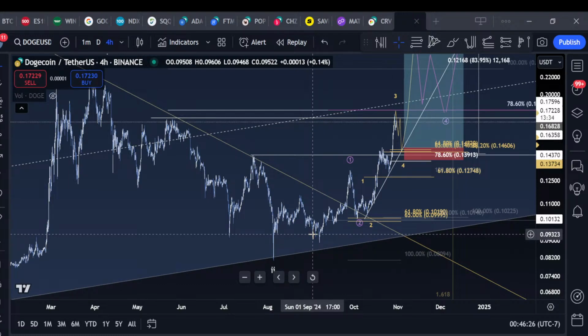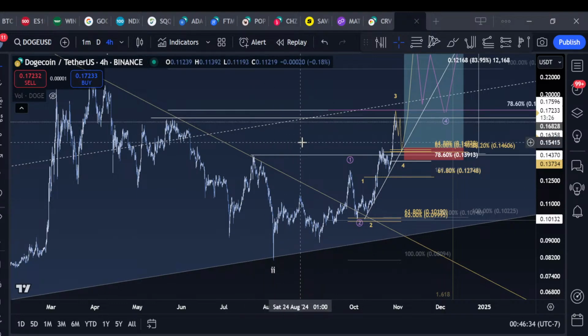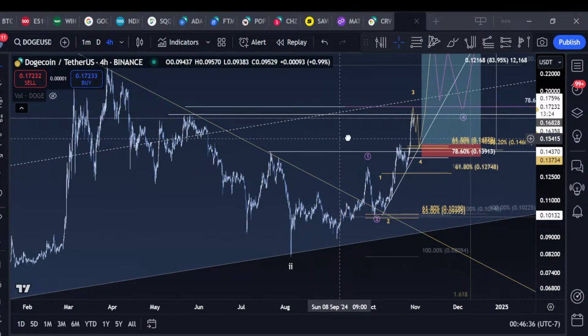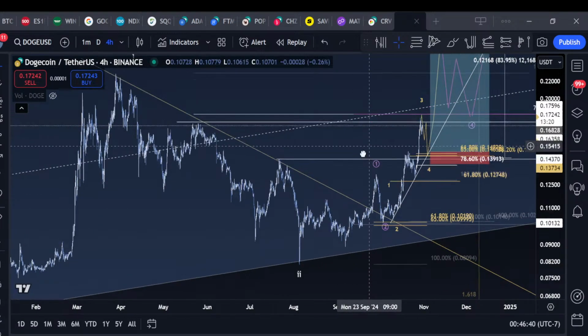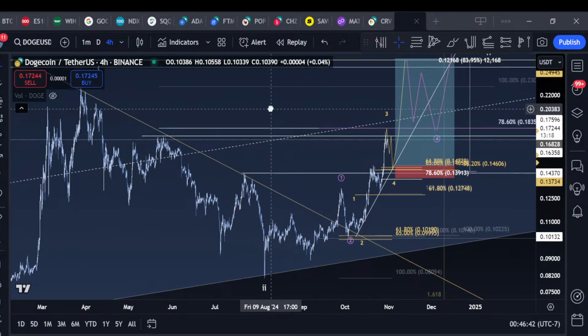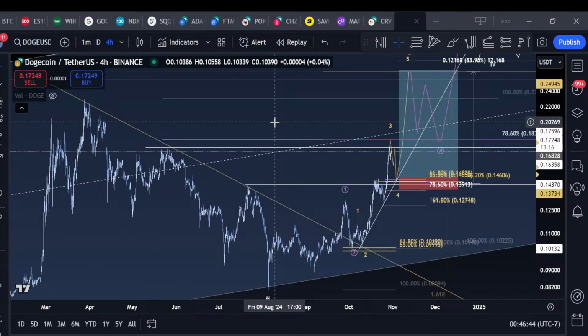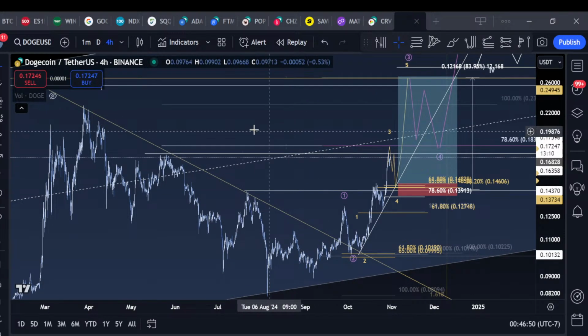I want to get long off support on Doge, and I want to trade it because I think Doge is also likely to outperform Bitcoin. So if I take a short that gets stopped out on Doge with Bitcoin much higher, that's fine. It doesn't mean I don't want to long the bullish case here for Doge. And I even said that I think Doge is one of those coins that could actually perform well even if Bitcoin's going lower.